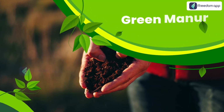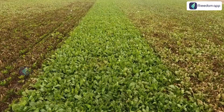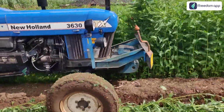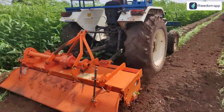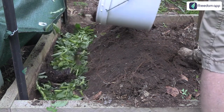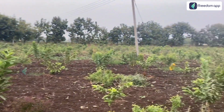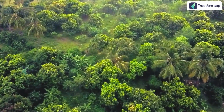Now, have you ever heard of green manure? This practice involves growing specific plants, such as legumes or cover crops, and then plowing them back into the soil. These plants add valuable organic matter and nutrients to the soil, improving the structure and fertility. For instance, legumes fix nitrogen in the soil, making it available for future crops, and green manuring is a natural way to enhance soil health without relying on chemical fertilizers. It also helps in preventing soil erosion, suppressing weeds, and improving water retention in the soil, making it a vital